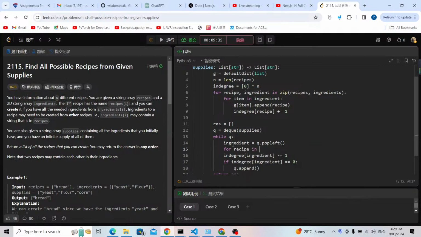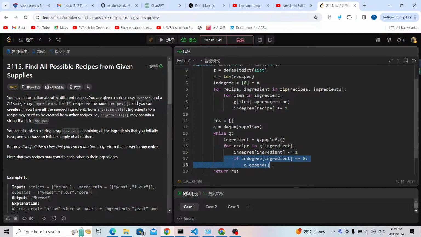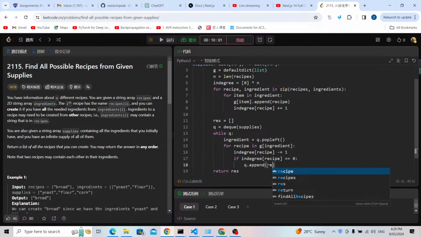So for recipe in G, with this graph and this ingredient, the integer for this recipe would be minus 1, and if this integer for the recipe equals 0, my Q should